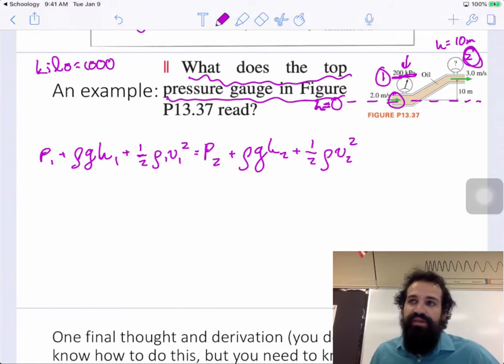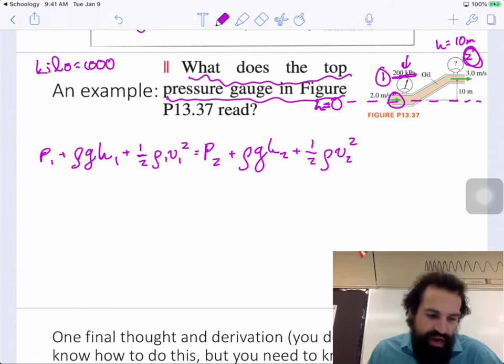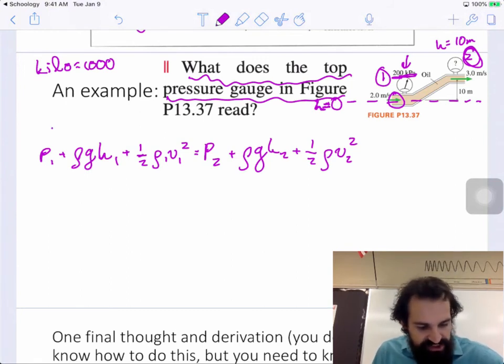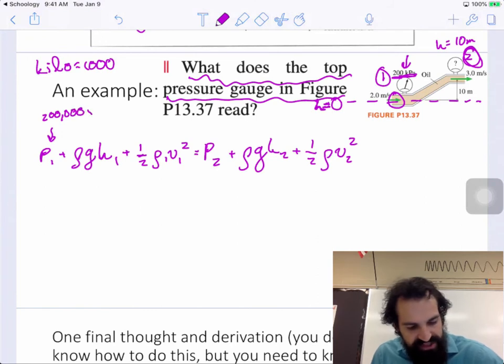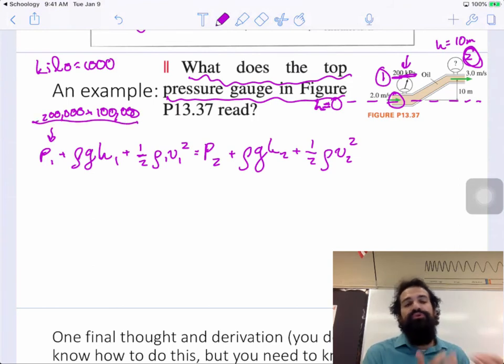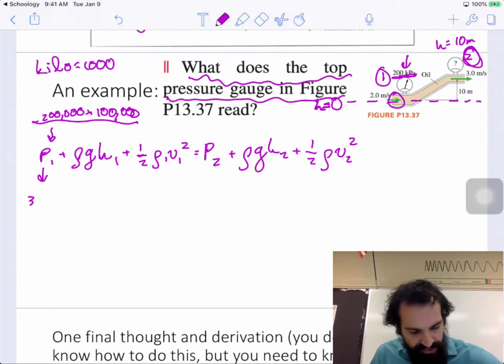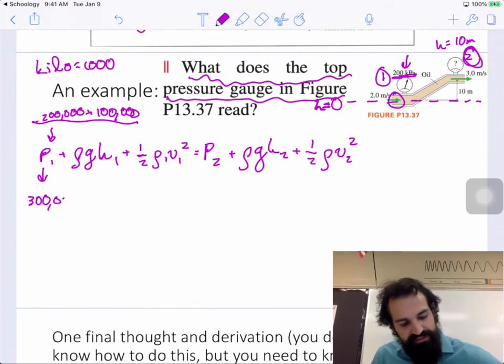But keep in mind, the gauge pressure is always 100,000 pascals less than the real pressure. So instead of this just being 200,000 pascals, because it's a gauge, we have to remember to add that extra 100,000 pascals. And that's something that the more you do, the more you'll remember to do it. So the pressure at 1 equals 300,000 pascals